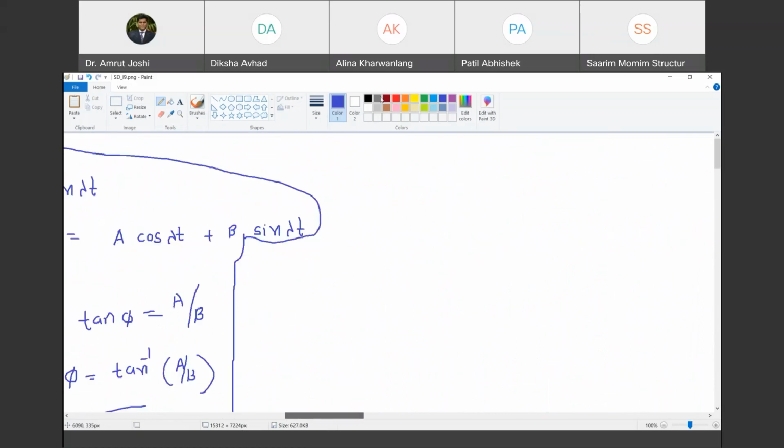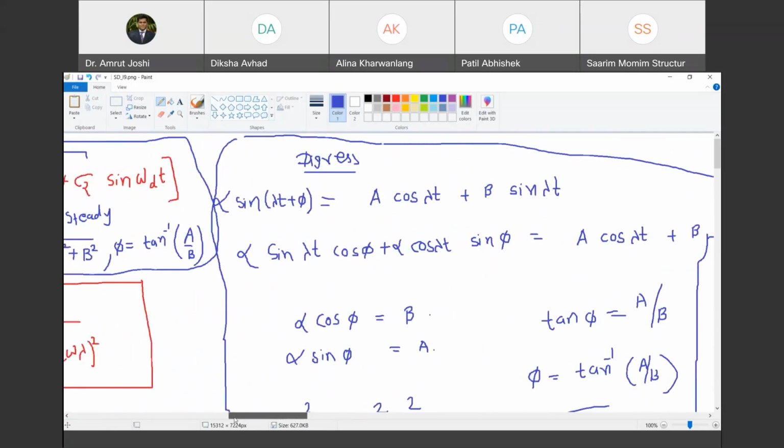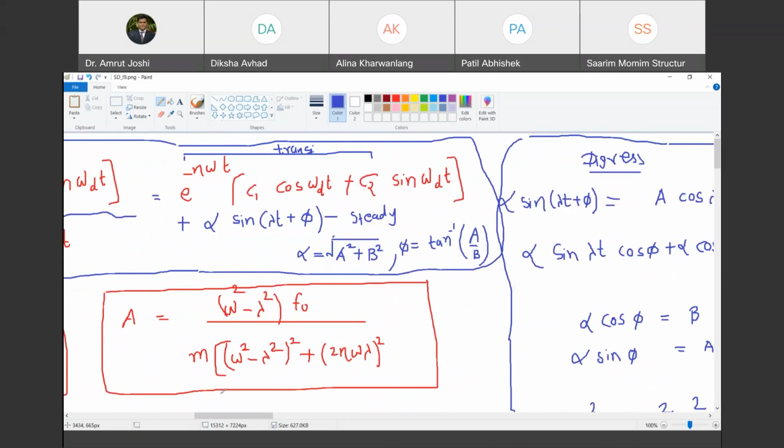What is the first boundary condition? U of 0 is U0. It may be 0, may not be 0 depending upon the situation. We will consider a generalized case. So U of 0 is U0. Now in this response, what happens if I put t equal to 0? ये टर्म तो 1 हो जाएगा. What happens to cos omega dt? 1. So C1 रह जाएगा इसमें.